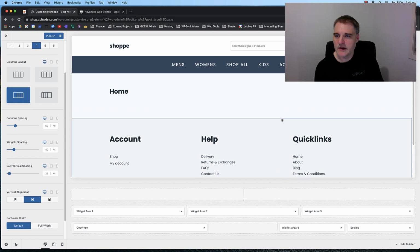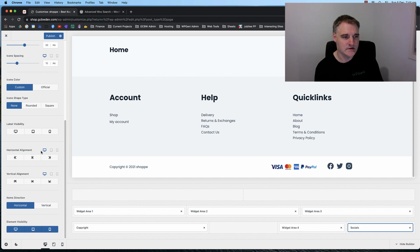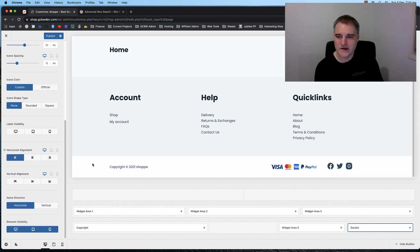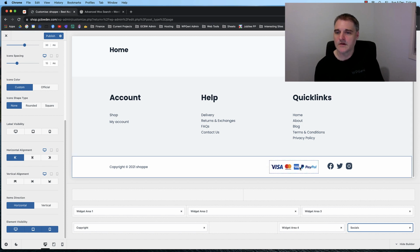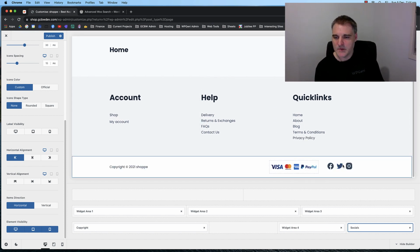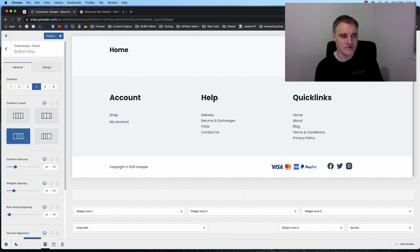Alright, that's cool. Okay, I'm happy with that actually, and I could probably align these to the center or over to the edge there, but I wanted them to be kind of close together. Alright, I am happy with that. That's awesome. So I've just created the 4 columns, and I've chosen this, and then we've got the copyright there,